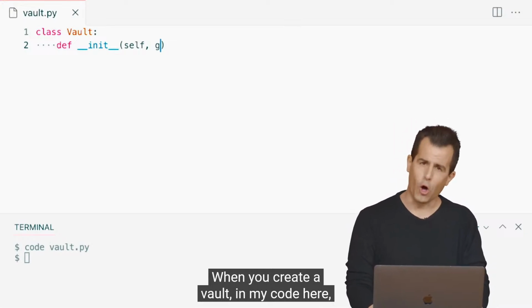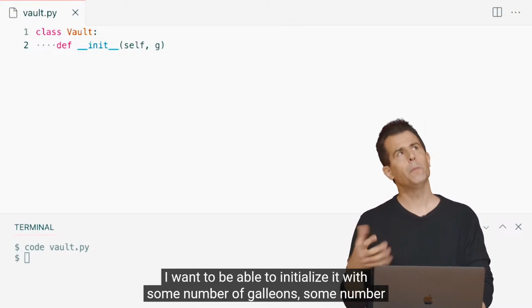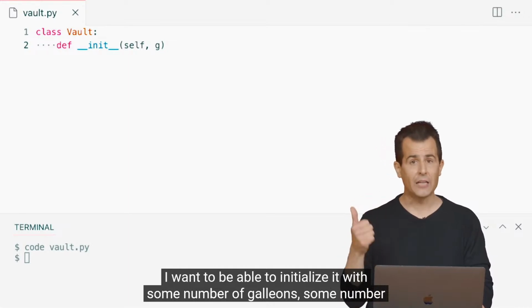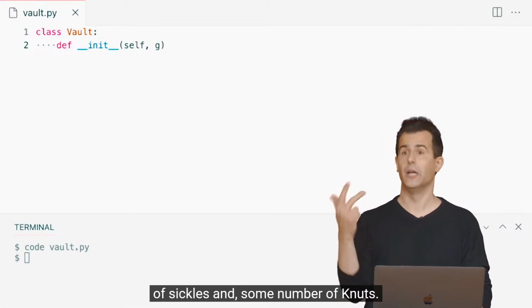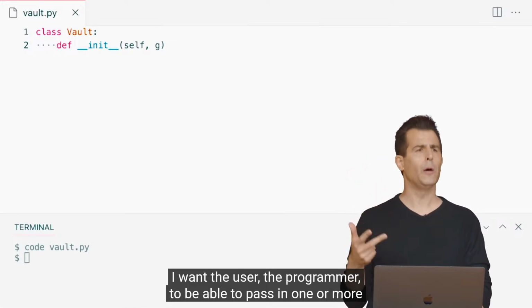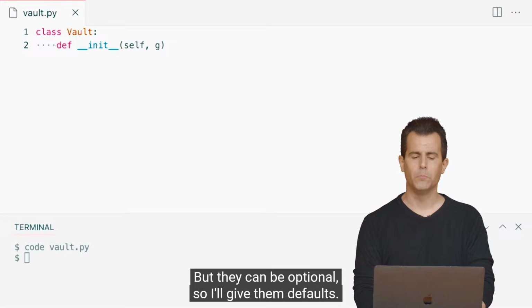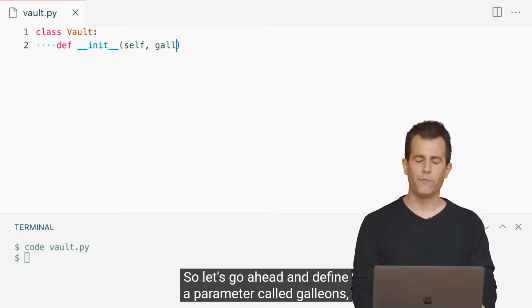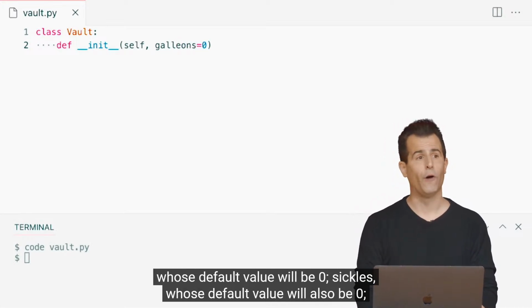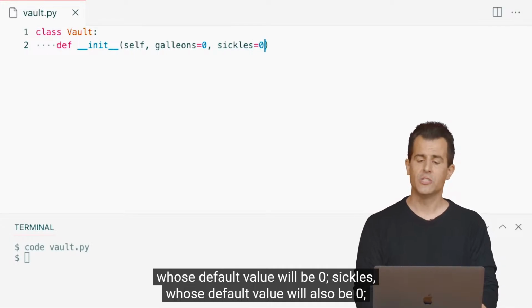When you create a vault in my code here, I want to be able to initialize it with some number of galleons, some number of sickles, and some number of knuts. I want the programmer to be able to pass in one or more of those values ideally, but they can be optional, so I'll give them defaults. So let's go ahead and define a parameter called galleons, whose default value will be 0, sickles, whose default value